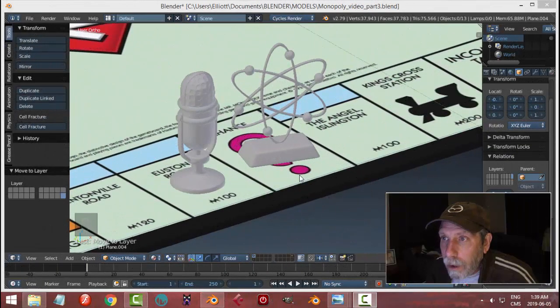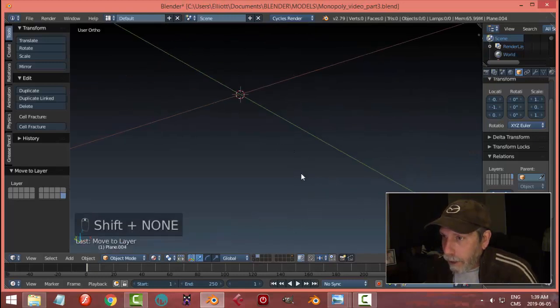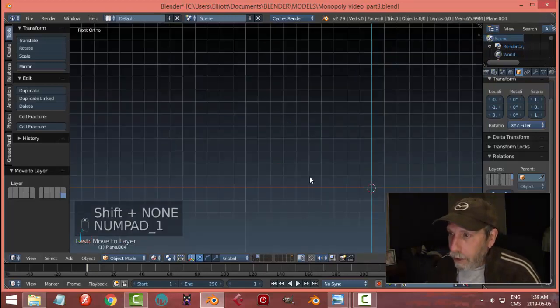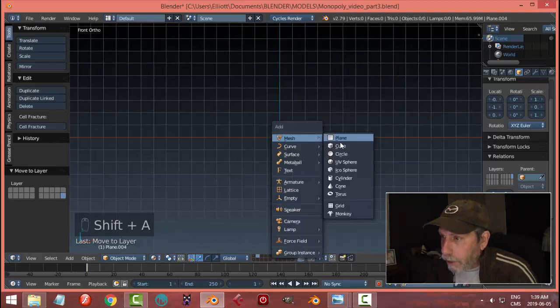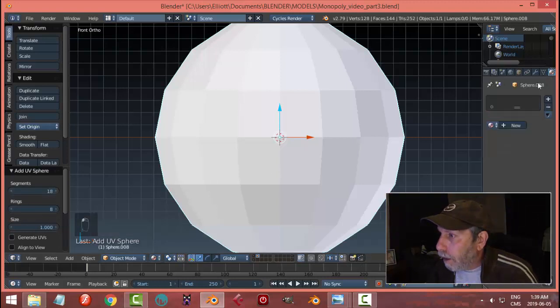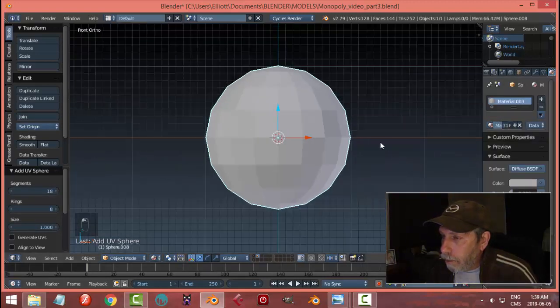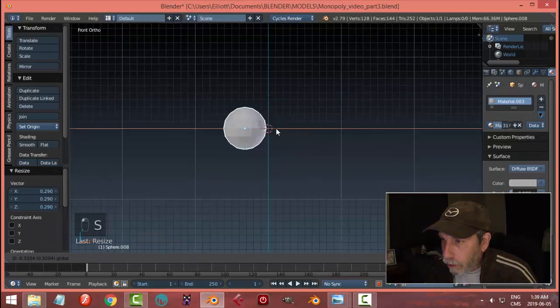Here's what we got so far in the Monopoly game, and it's time to make another game piece. Alright, so I am going to go to a new layer, and with my cursor in the center there, I'm going to look from the front, Shift A, Mesh, UV Sphere. I'm going to use 18 and 8. I'm going to switch over to that darker material. I'm going to scale down, push over to the side a little bit,